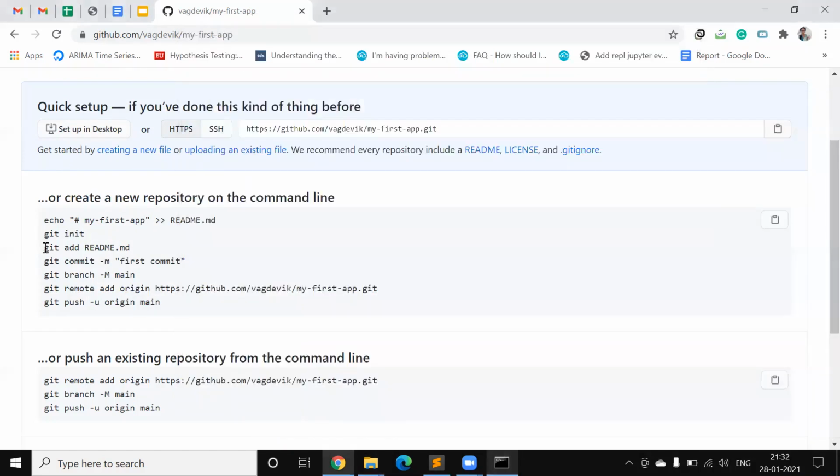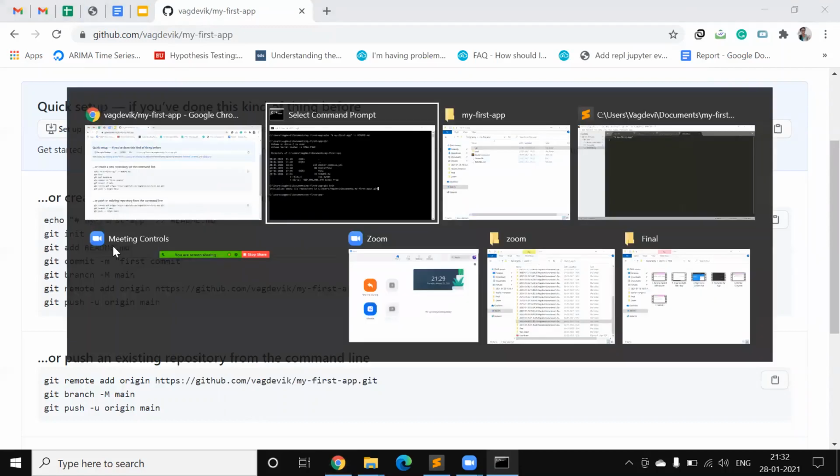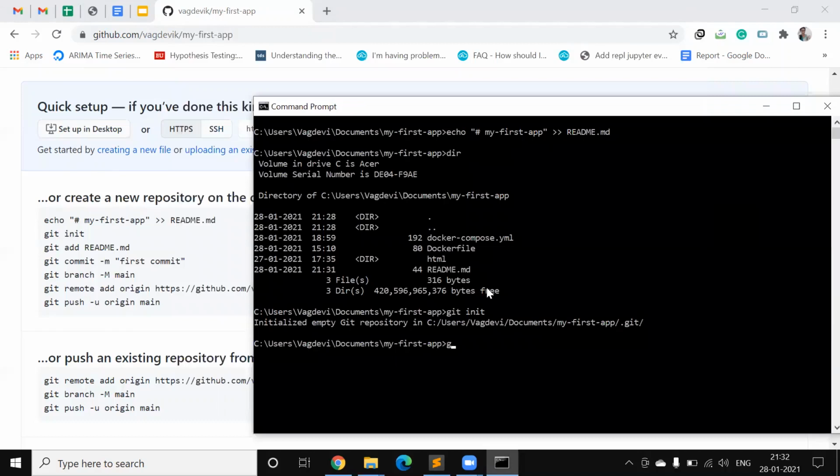Now we shall add the files. So here, as told before, they just wanted to ensure that our project at least has one file. So they have created a file and they wanted to add that. But since we already have other files too, we can just write git add full stop. Means whatever the files and folders are there in the current project, I want to add all of them to the git tracking.